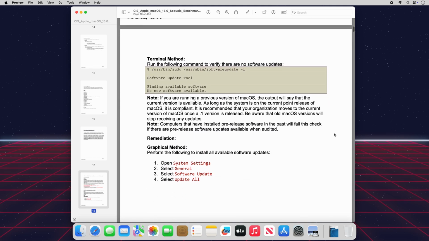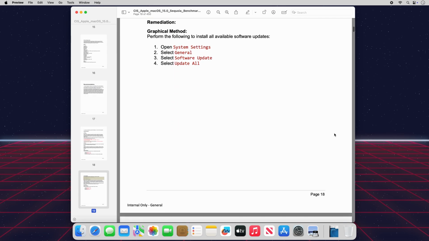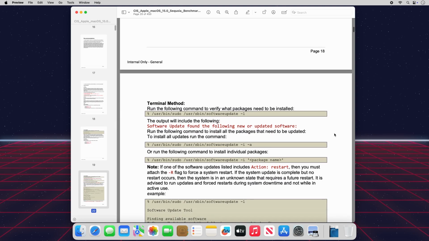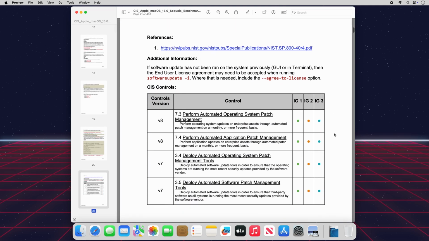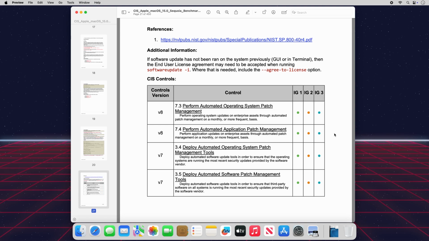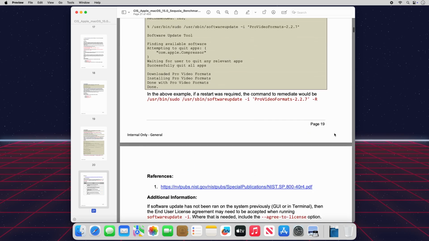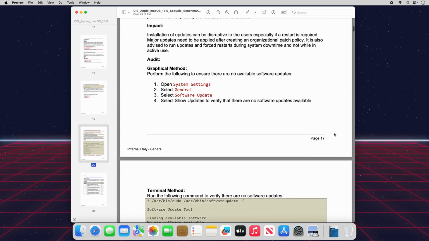Below the audit section is the remediation procedure, which defines steps we can take to make a device compliant with the recommendation. Again, the steps are provided both in a graphical interface method as well as via terminal commands. Finally, the recommendation contains a reference section with links to supporting materials, as well as any additional information about the recommendation from the authors. Let's return to the Profile Applicability section from earlier.